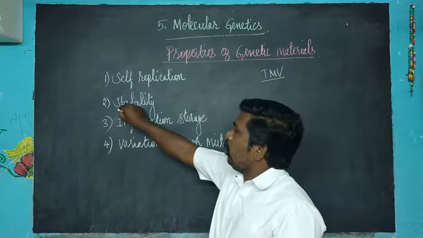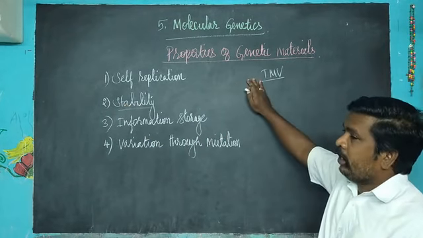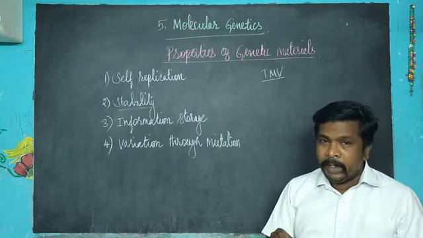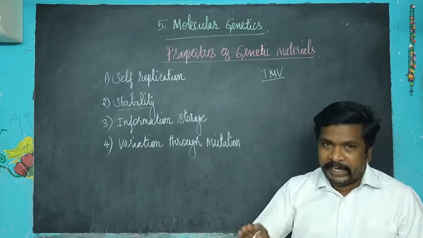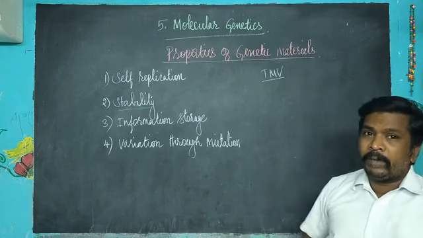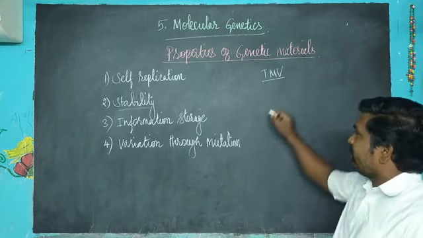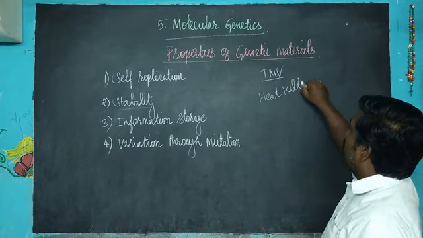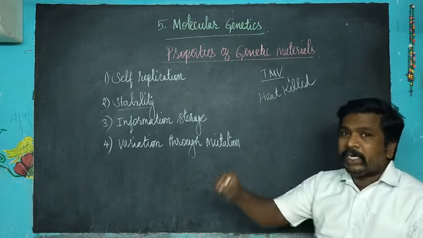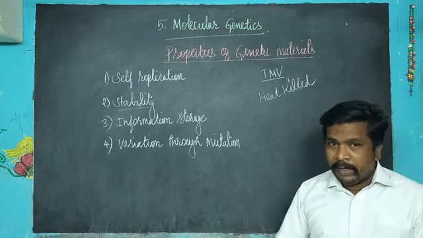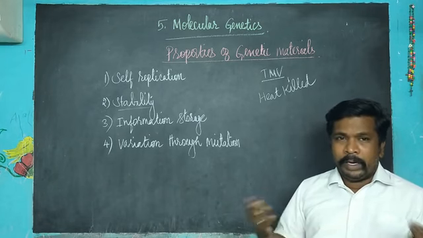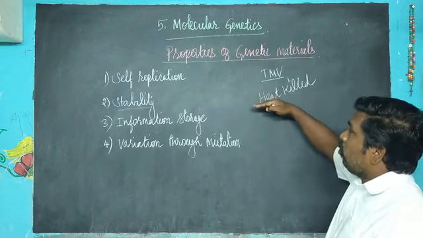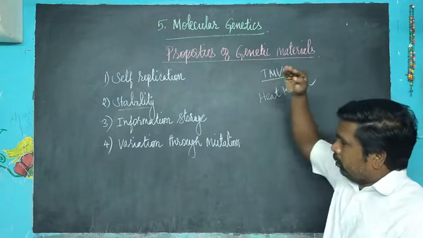Okay. Next one, stability. What is stability? The genetic material should be stable because the genetic material should not change. Already we learned about the Griffith experiment. In the Griffith experiment, when the heat-killed pneumococcal pneumonia strain was injected into the rat, after a certain period it shows the rat doesn't survive. But even though we heated the strain, the DNA